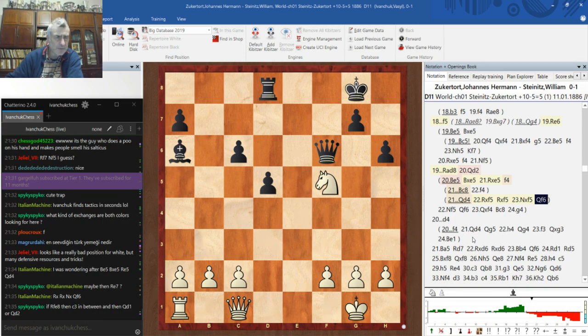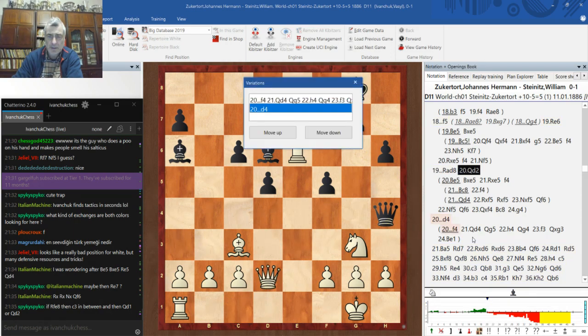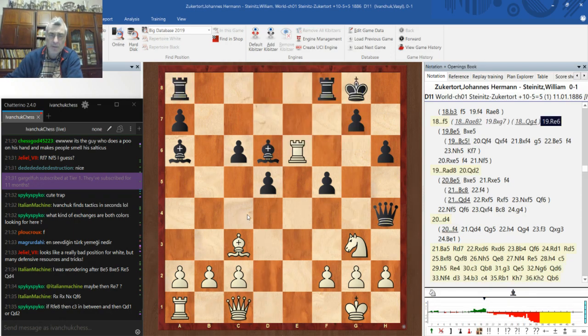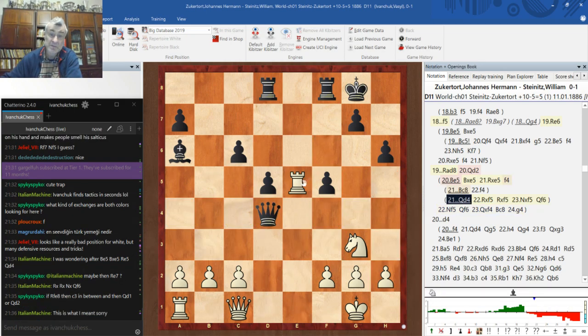Rook takes, queen f6, where? What do you mean? Which position? So you want to play here queen d4 or what? Takes, yes, takes, queen f6, yes, it's correct,